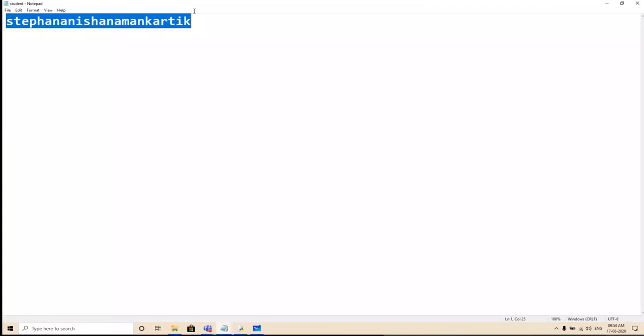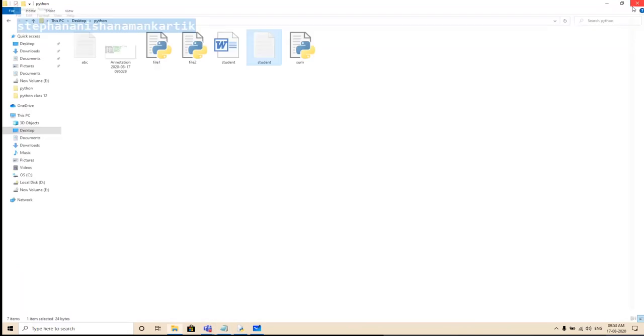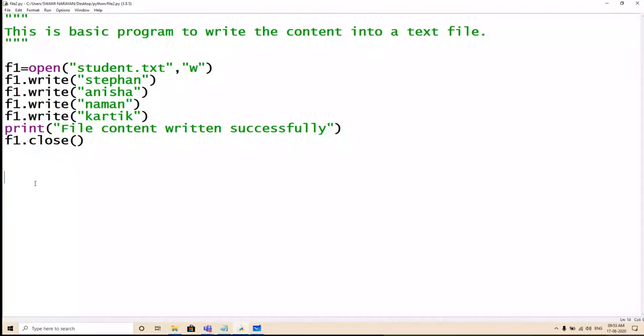Now you cannot recognize what the names are and how many students there are. Are there 2 students, 3 students, and what are the names of the students written here? You cannot recognize. This is the problem that you will face. So to overcome this problem, you should always store one enter key. So how can we overcome this? Let's do it now. Super easy.